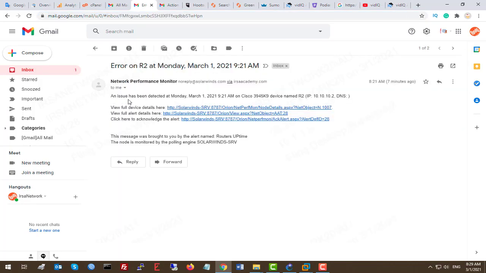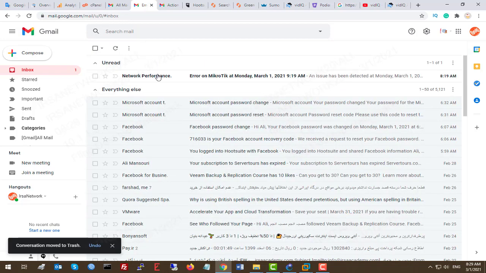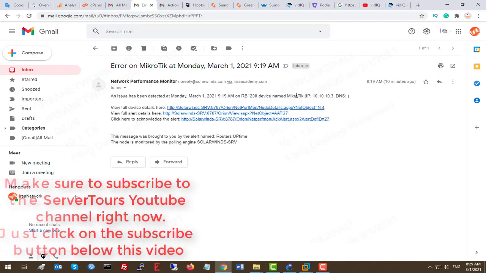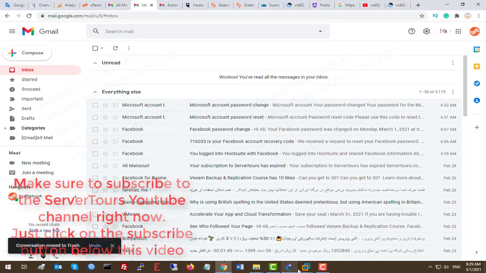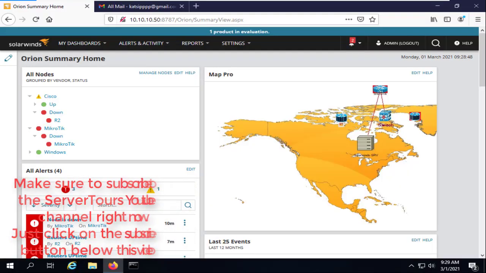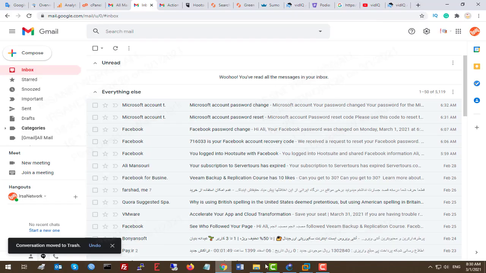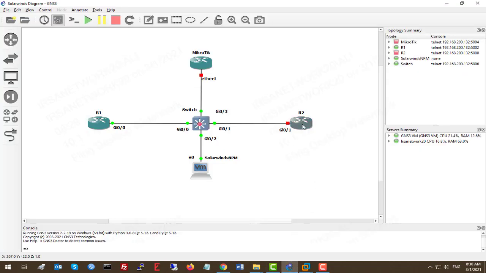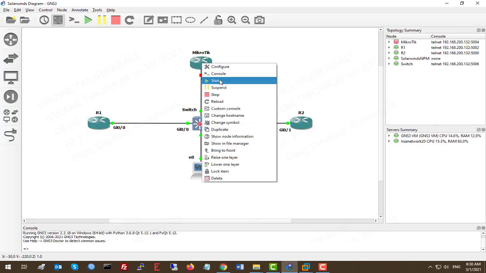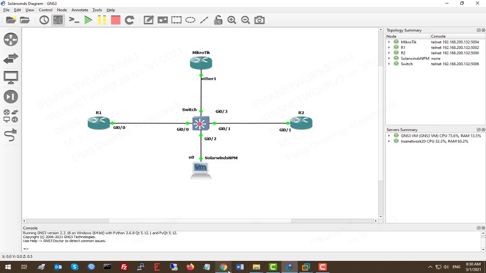Here it said an issue has been detected on Monday at this time with this router, this IP address, and as you can see, it said that for this alert. That's great. Again, the second one is going to be for our MikroTik device. So let's remove them, and let's go back to the GNS3 and power on these devices, and now we should see the green state on the